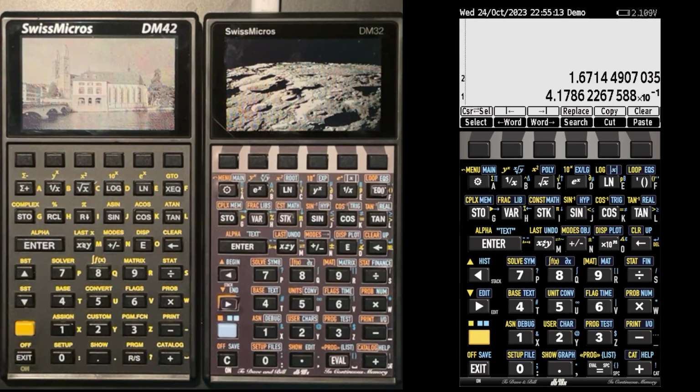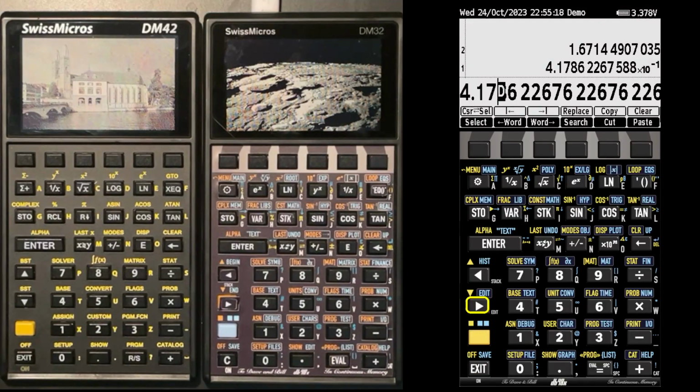So let me show the history feature. So second shift up, and I'll get back my editor. So if I hit exit by mistake, I can go back. So let me check if I see